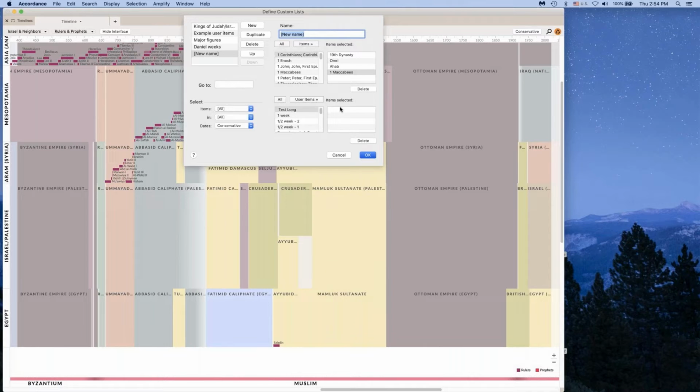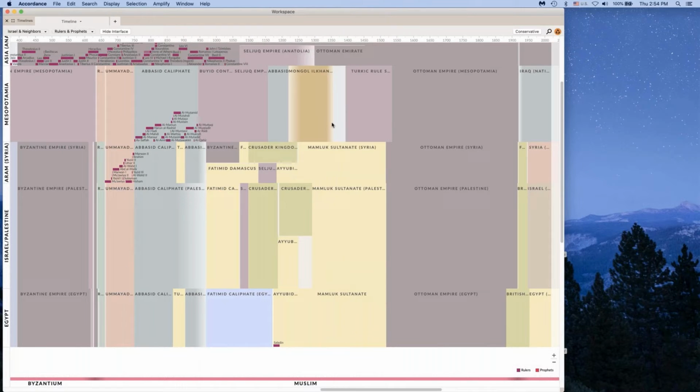You can make those and automatically convert them. But this is a rather advanced feature, and I recommend you look in the Accordance help to find that, because we've got some more stuff here we need to cover. So anyway, let's first of all look at two things that show you what the timeline looks like when you first open it. The first thing we do, and this is a concept in Accordance that we do for everything,